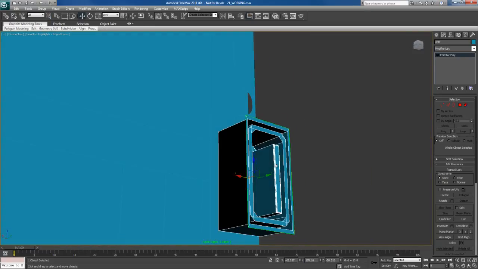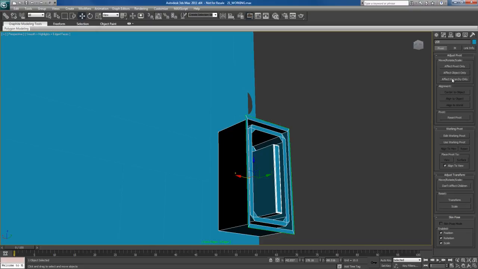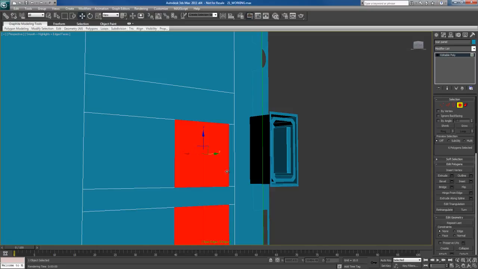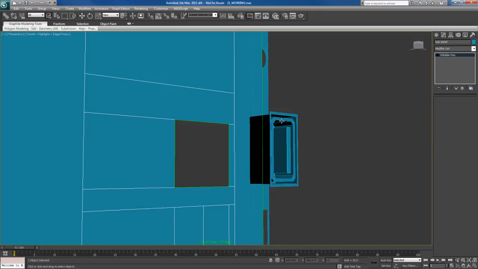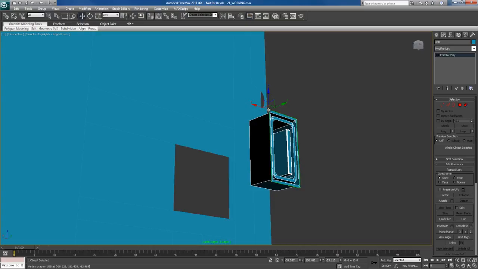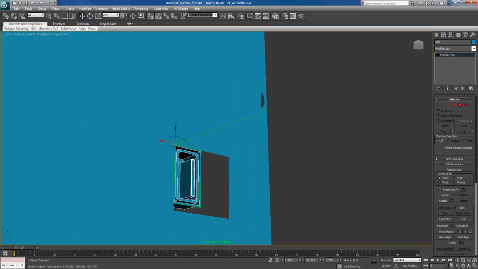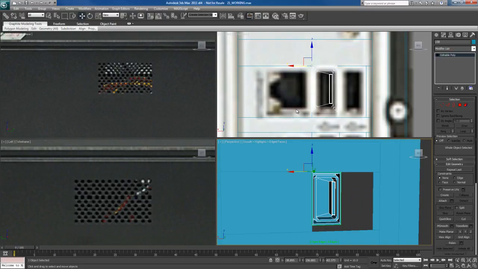I need to take the pivot point of this guy, go to the hierarchy tab, go to effect pivot point only. I'm going to snap with vertex to that top left corner right there. And what I'm going to do is come over here. I'm going to take these 2 polygons and delete those. I'm going to take this guy and vertex snap that corner to that corner right there. Now if I go back to this view,